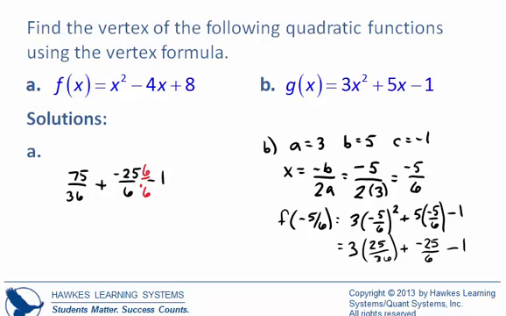So I have 75 over 36 plus a negative 150 over 36 minus, and this 1 could be written as 36 over 36. So now that we have a common denominator, we can add the 75, the negative 150, and the negative 36, which is going to give me